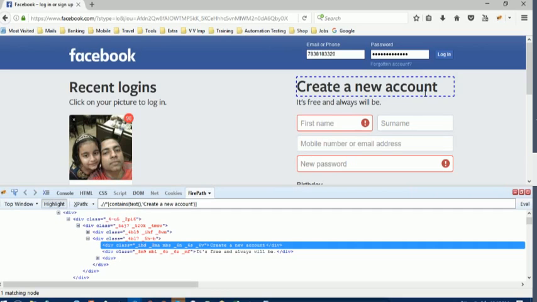My question was about contains. Here is the XPath. Rajiv is typing contains text. So my question is: